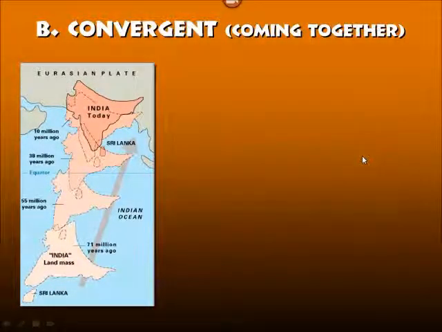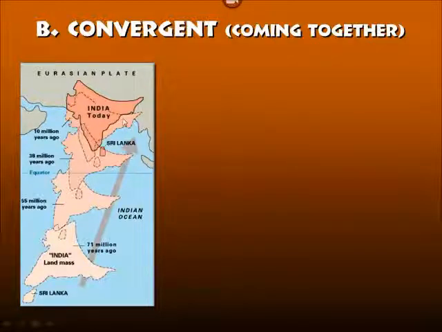All right, speaking of coming back together, the second type of boundary is a convergent boundary, and that's where plates are coming together. And the first one we'll look at is two continents coming together. Here's India and the Eurasian plate. And so India used to be its own little continent, its own little landmass, and over the last 70 million years or so, it has moved north and slammed into